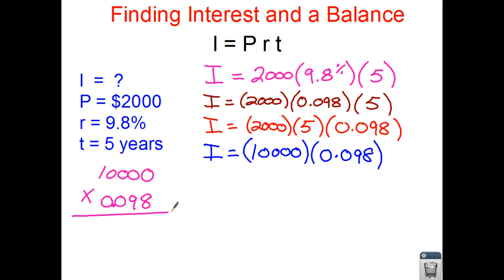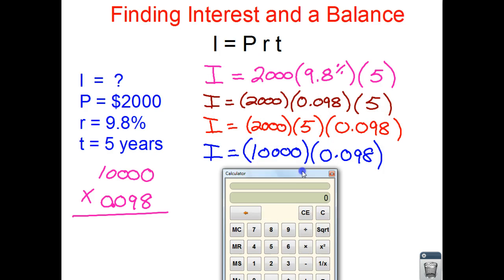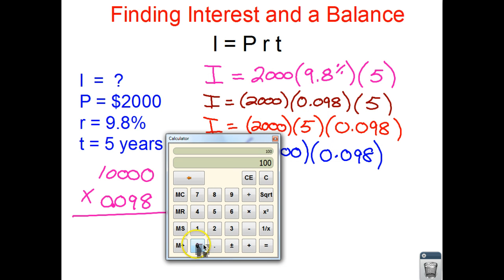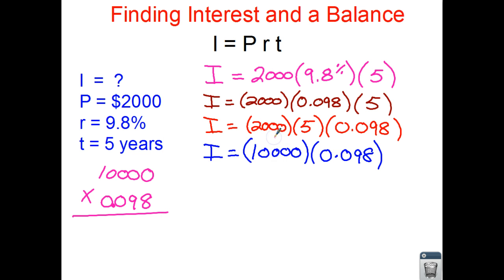And for time's sake today, we've done a lot of work with multiplying decimals, so I'm going to be using a calculator to save some time on that. So let's see here. Multiplied by, and we get 980. So we moved it 1, 2, 3, had to add a 0, 4, and that's what we came up with for the interest. So the interest is equal to